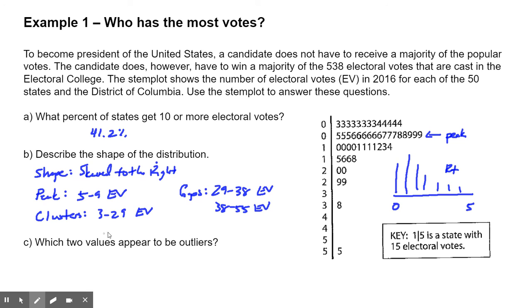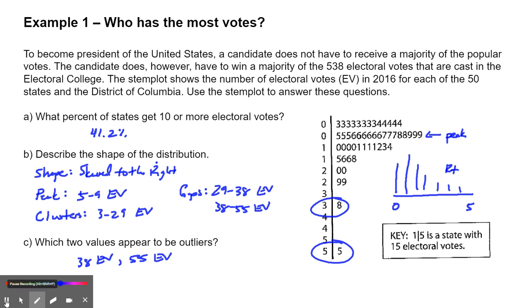Great. And then it says which two values appear to be outliers. Of course, it's these two by themselves that are around the gaps: 38 electoral votes and 55 electoral votes. Awesome. So that's how you read a stem plot. All right, so good luck on your